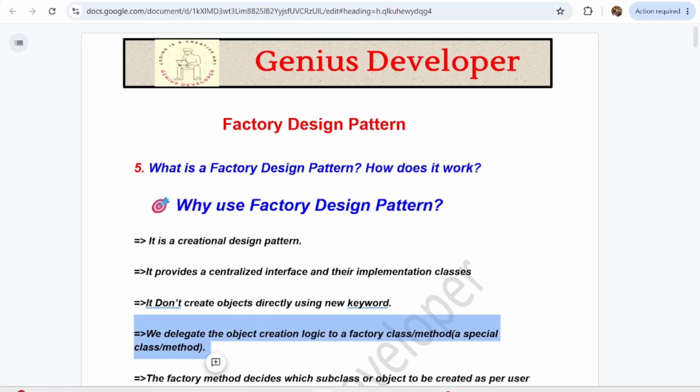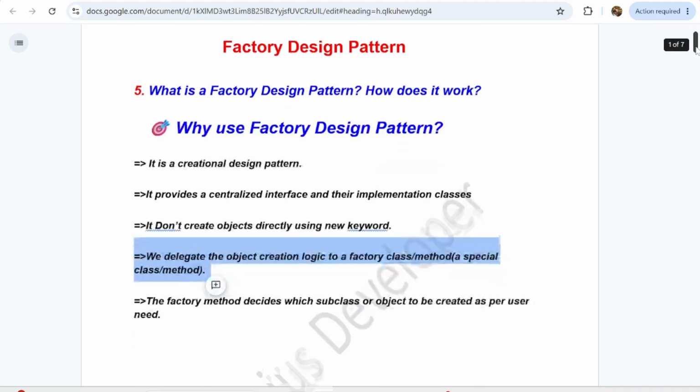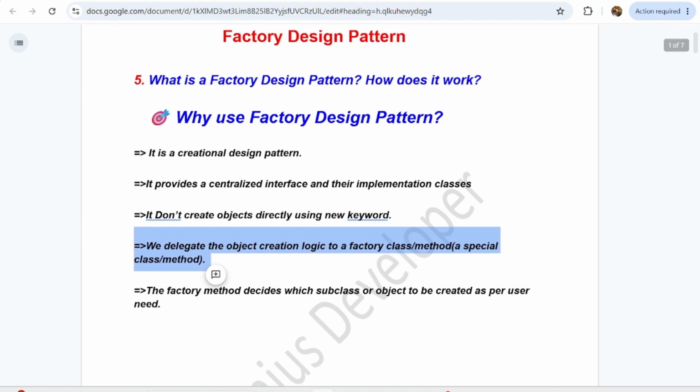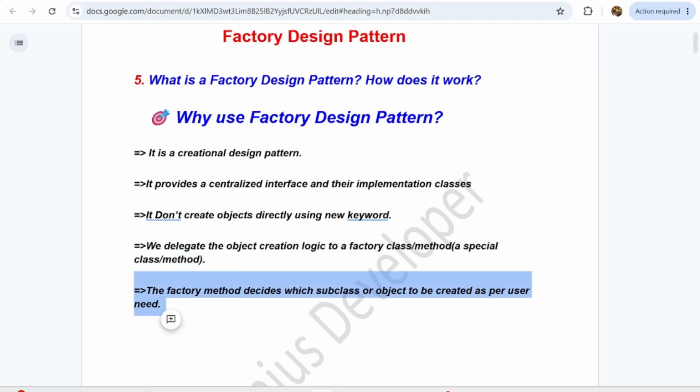Here we delegate the object creation logic to a factory class or method. It will create the object dynamically guys, and the factory method decides which subclass object to be created as per user need guys. I will explain this logic in a real life scenario guys.